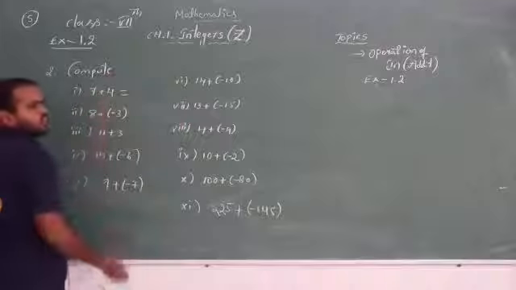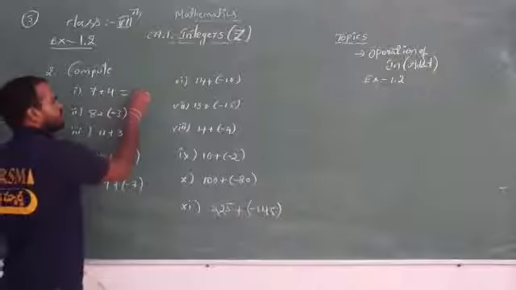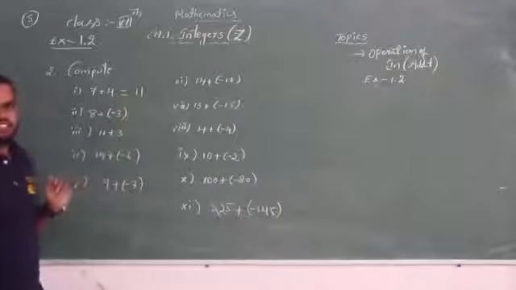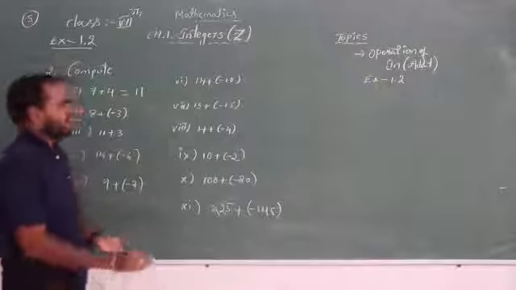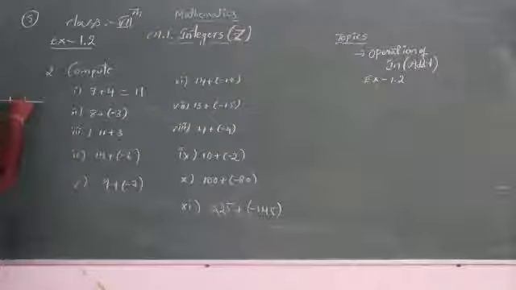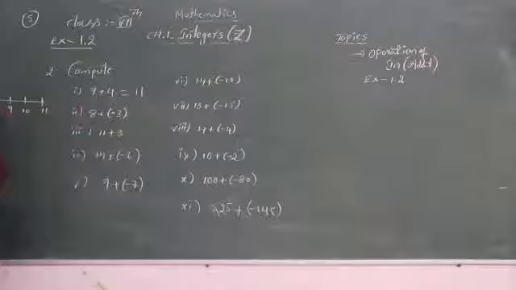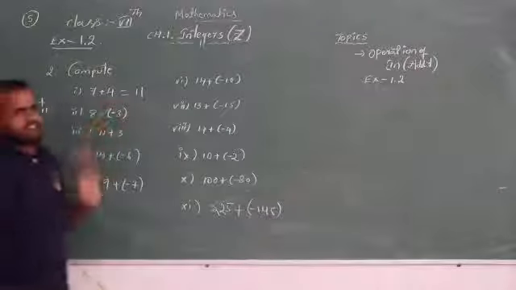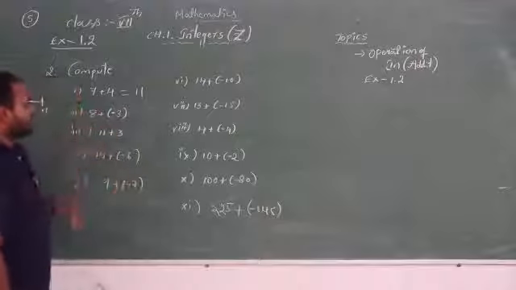So 7 plus 4, how much is it? It is nothing but 11. What do we have, how many do we have to add? 7 here, so 8, 9, 10, 11. 4 we have to add. So 7 plus 1, we move one position, next 8 to 9, 9 to 10, 10 to 11. So if you move 4 places, you will get 11, right? What about the next one?